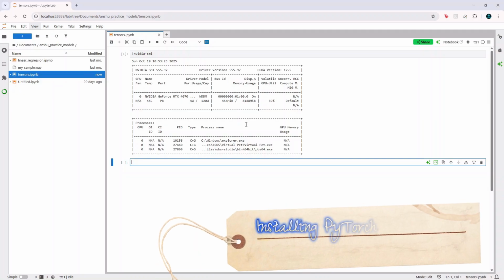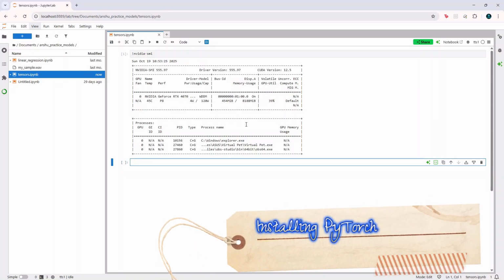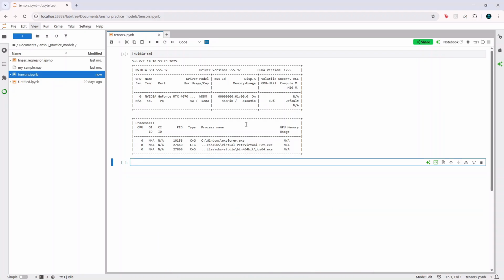Now, the next thing we have to do is install PyTorch locally and configure it to use CUDA. So make sure to create a virtual environment first and configure your Jupyter notebook kernel to use that virtual environment. In my case, I'm using the TTS1 virtual environment, and that's where I will install Torch or PyTorch. The command for installing PyTorch is pretty simple. It's just pip install torch